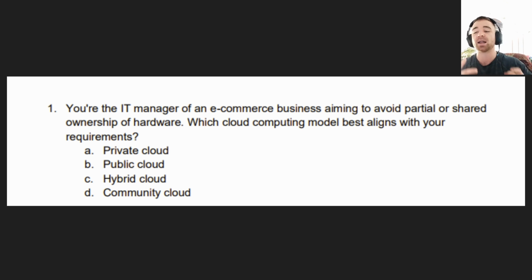And a hybrid cloud where you might have a mix of any of them. Okay. And then it also says aiming to avoid partial. Now, when I hear the word partial, what I think to myself is, you're aiming to avoid any part of ownership. You don't want 1% ownership. You don't want 2% ownership. You don't want 3% ownership. You don't want 4. You don't want 50. You don't want 70, right? So when I read this question, I'm thinking public, because that avoids me owning any part